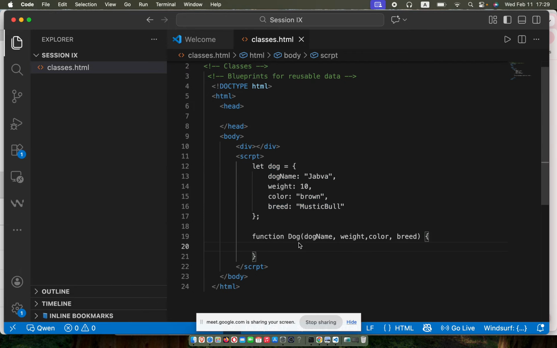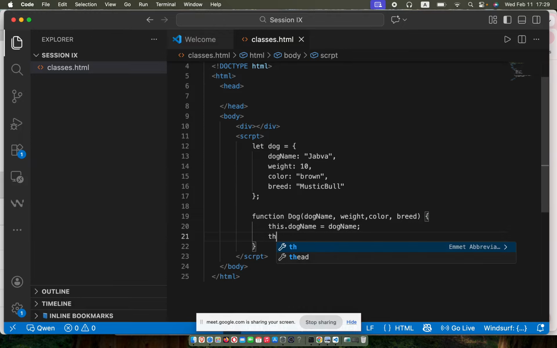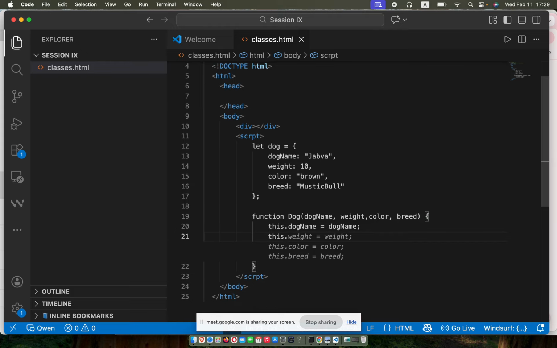For me to initialize these attributes, I will have to use the this dot keyword, this dot dog name, and assign it to the dog name. So this dot weight,